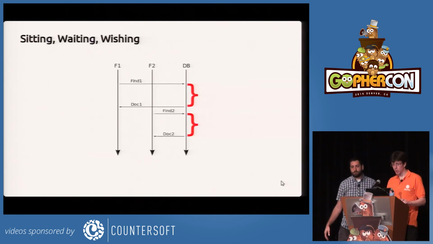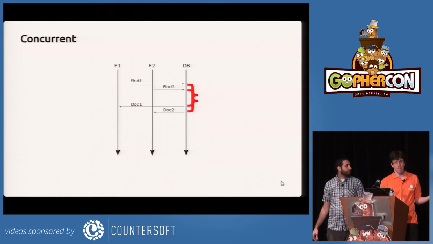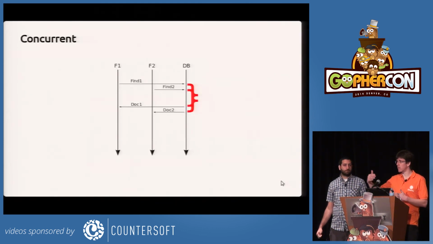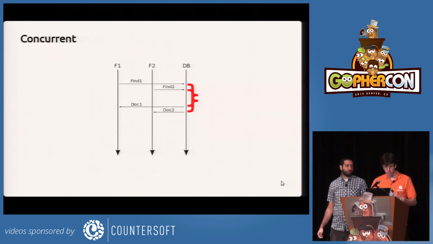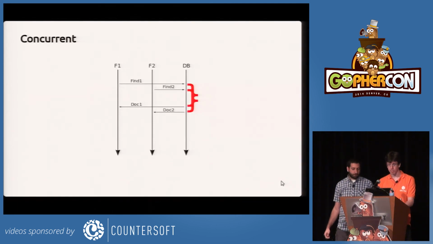Right. So how about doing it concurrently instead? That's how the Mongo driver works. It allows you to do the finds and all of the queries that are executed right away. And then it waits until its turn, or until the database has the chance to return results, and it's turn to continue the execution. And all of that happens internally, transparently. You don't have to worry about that. The interface looks exactly the same.